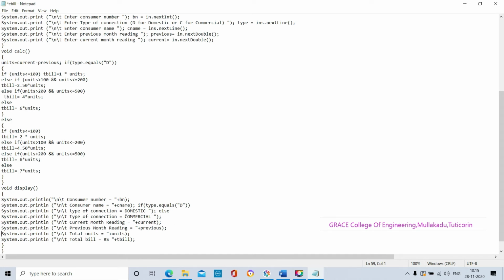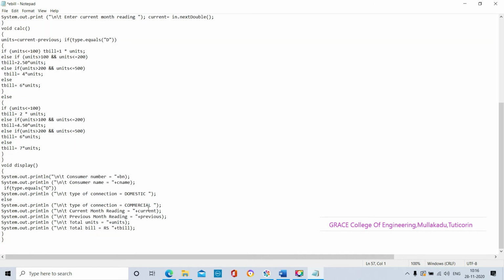If type of connection is domestic, System.out.println type of connection is equal to domestic. Okay, if the condition type.equals D means the type of connection is domestic, otherwise it is commercial.